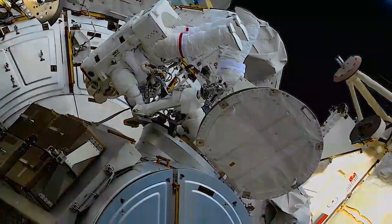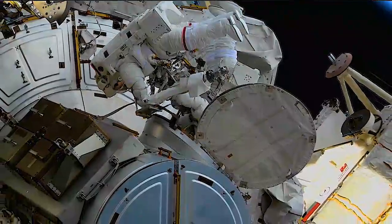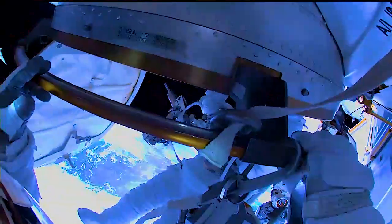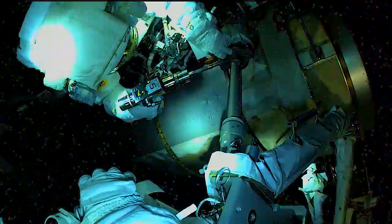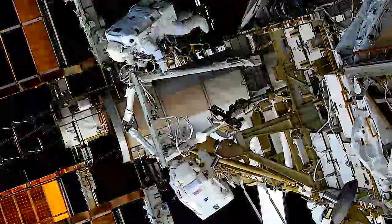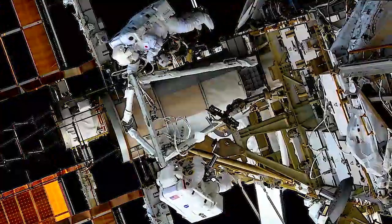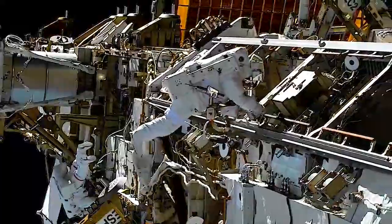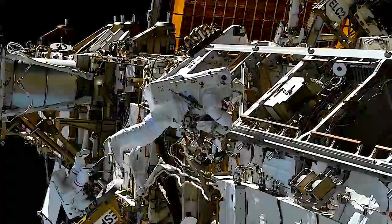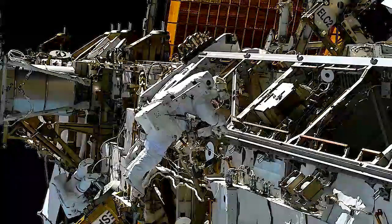On Thursday, astronauts Nicole Mann of NASA and Koichi Wakata of JAXA went outside the station's Quest airlock for a spacewalk. The duo spent their time outside the station completing the installation of hardware which was required to prepare for the next installation of rollout solar arrays on the starboard truss structure. This was the pair's second spacewalk together as they worked to finish the external installation job that they began on